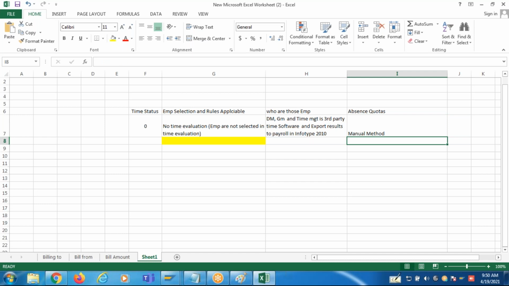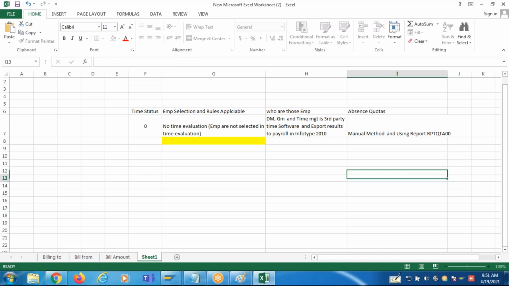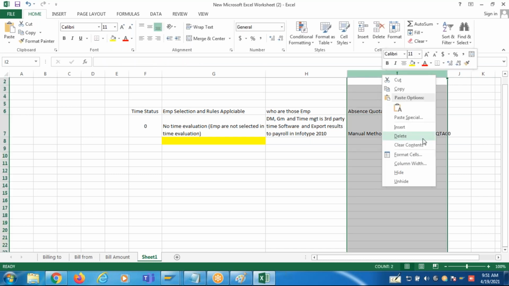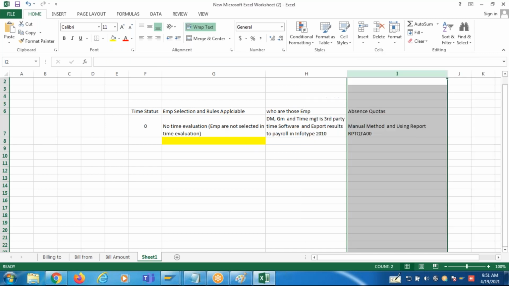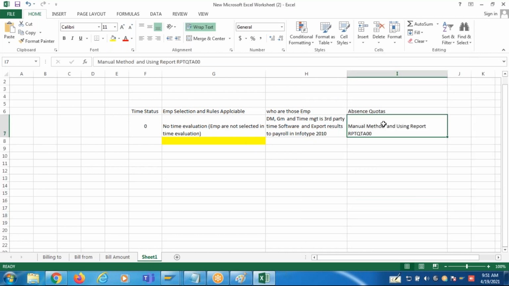Another one is using a report, RPTQTA00, guys. Using this report, quotas will be generated automatically.